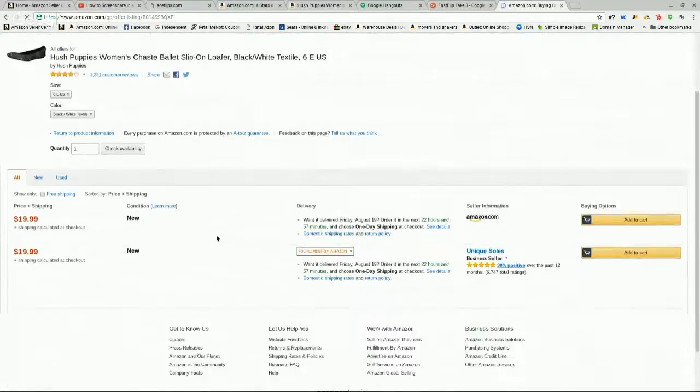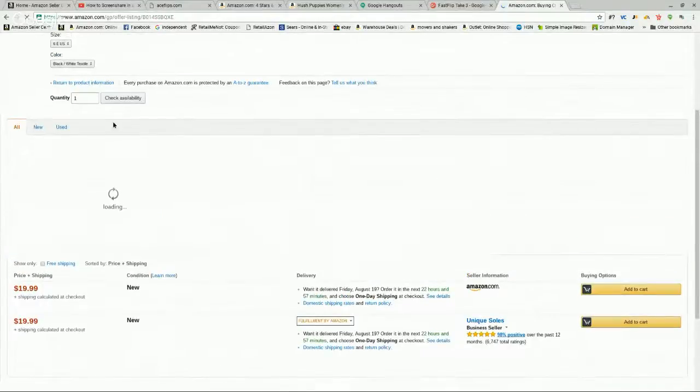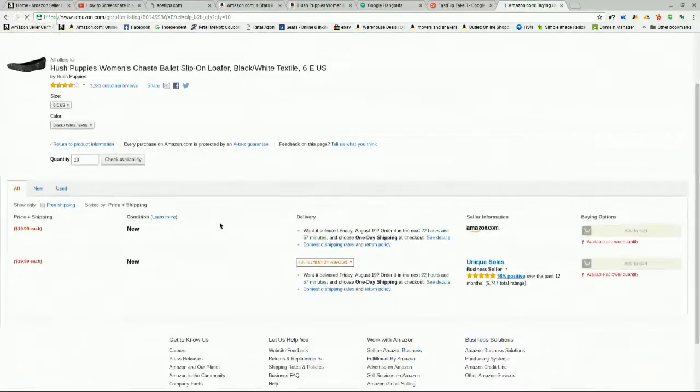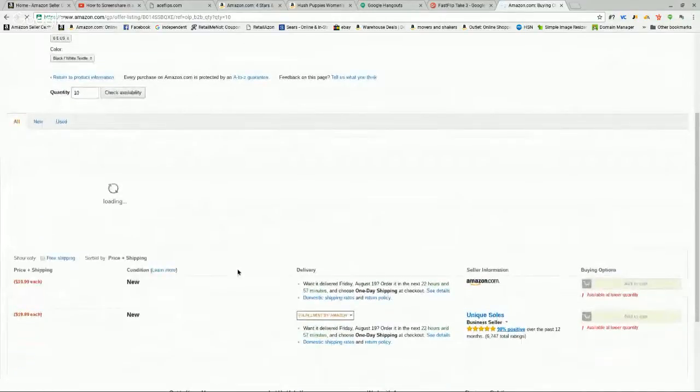And it takes us to this page, and it looks like Unique Soles is selling this for the same price. They put a quantity of 10 in here, check availability, and you'll see that there is less than 10. However, you look at the Keepa for this particular model,